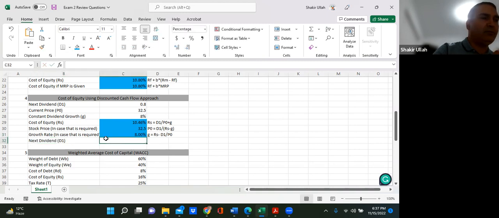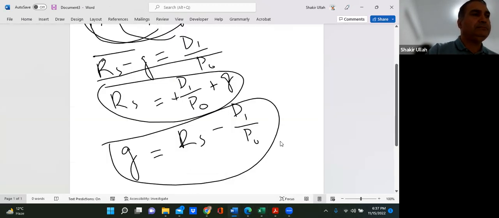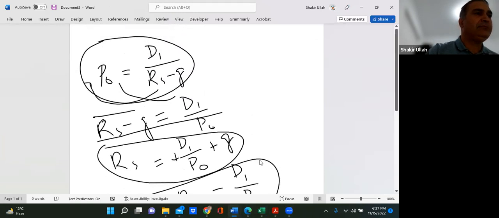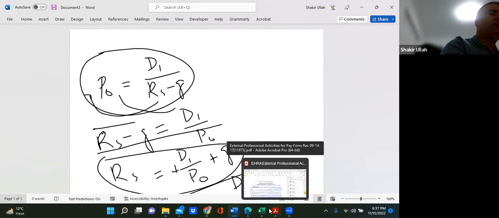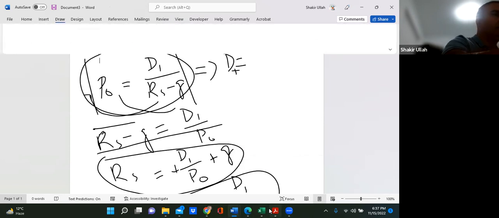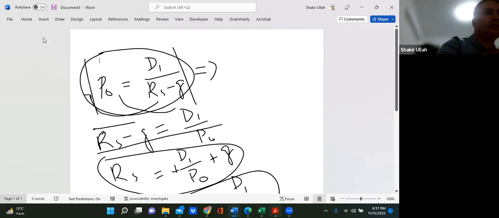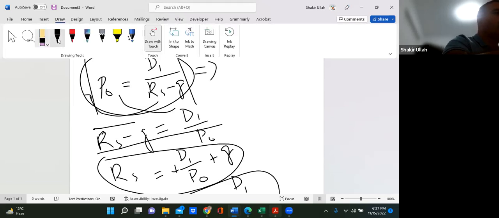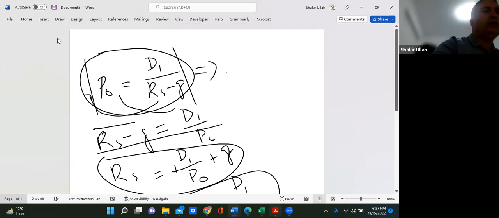If it asks you next dividend, what would that be? Can we do that? Can we rearrange the formula? Next dividend, pretty easy. So here you can see this is the initial formula. You can rearrange it. If we have to find D1, that would be equal to, okay, so D1 would be equal to